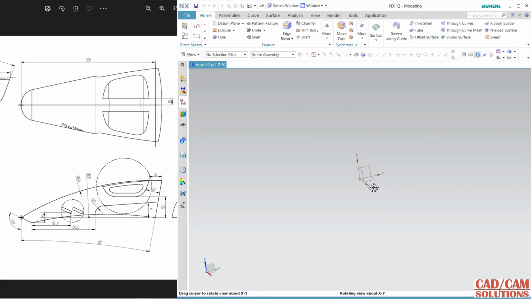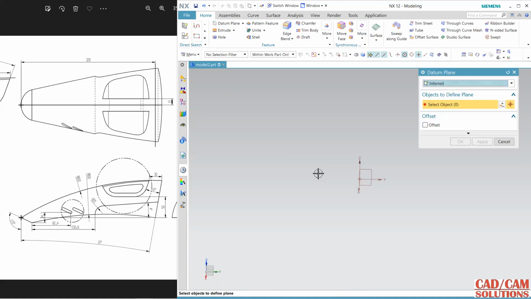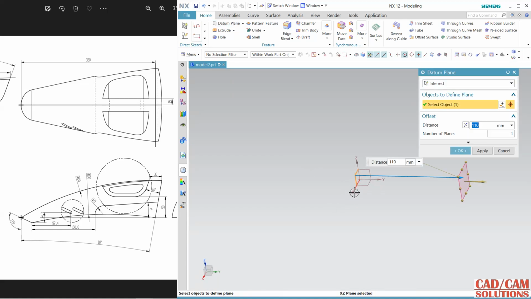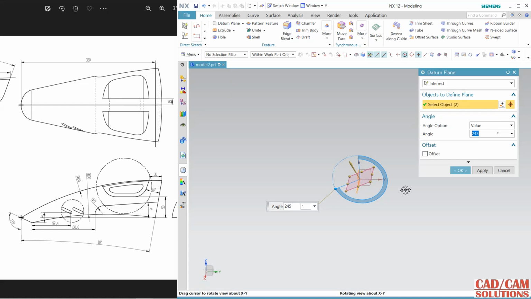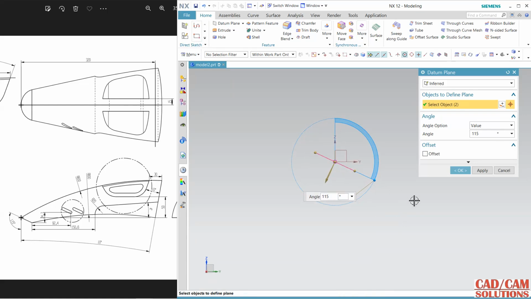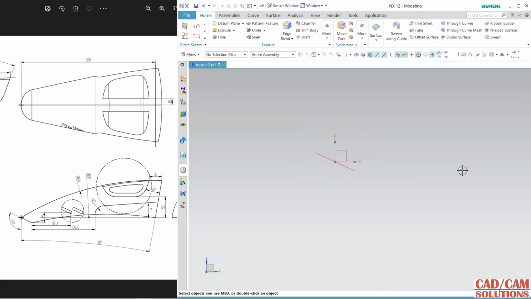So my first sketch will be on this plane, and this is on 115 degree. So go to plane, and this is the plane and the axis, and angle is 115. So this is the angle. Click OK and select this plane and go to sketch,